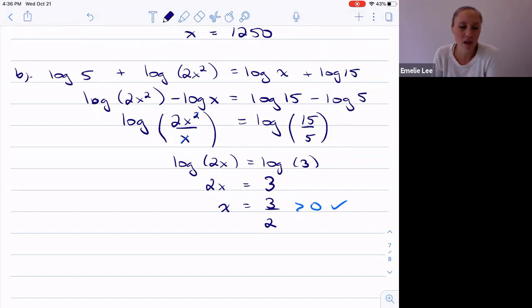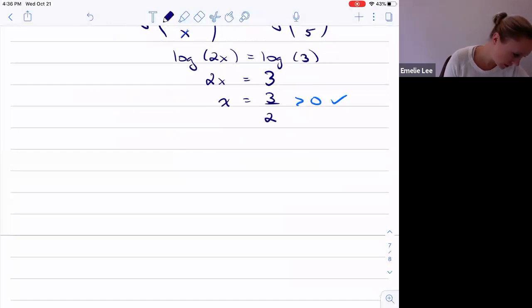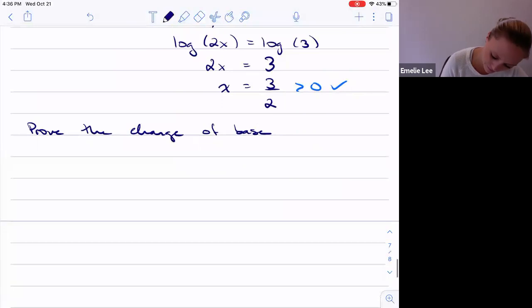The last thing I wanted to do was prove the change of base theorem, just because it's a quick little show and tell. But it also brings back the change of base theorem, because we're going to need to use it, especially if you're just using a normal calculator with only logs and natural logs. So we have to prove the change of base theorem,